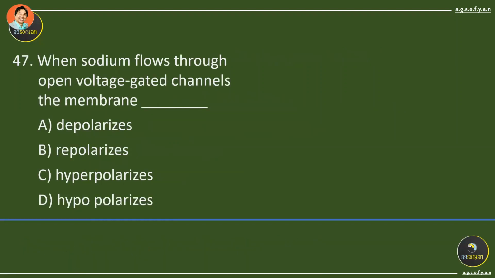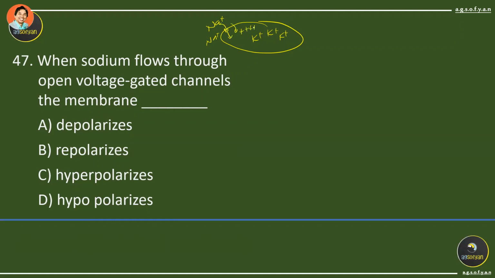When sodium flows through the open voltage gated channel, the membrane will A, B, C, or D. So just remember, I said this is a cell. Outside the cell, there are a lot of sodium ions. Inside the cell, there will be a lot of potassium ions. Both of them are positive. When the sodium gated channel opens, sodium will enter into the cell, and the cell